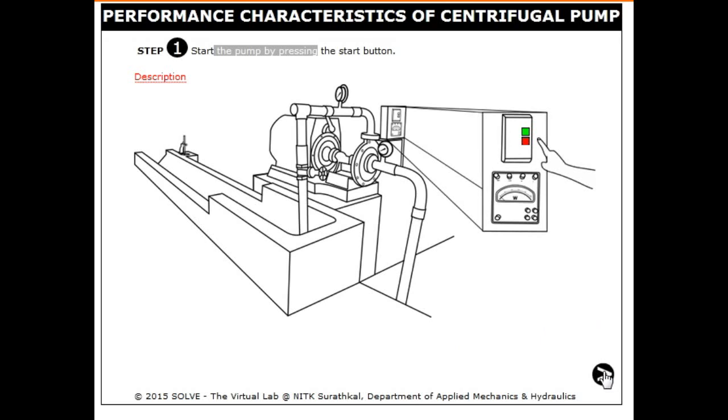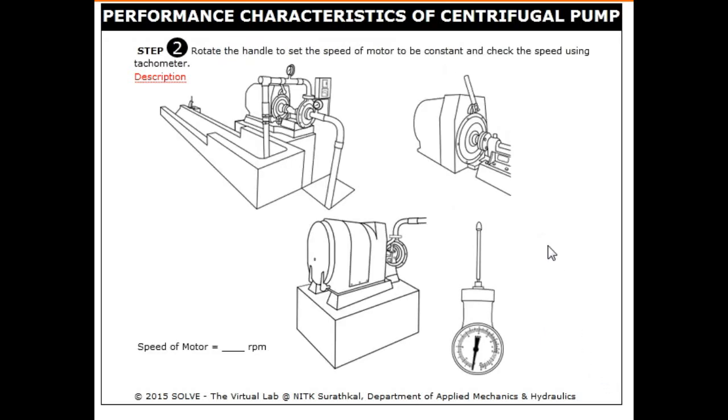We have to connect the motor gear with the pump. There is a shaft and there is a handle also. If we connect this, we will set the speed of the motor. We can set the speed of the motor, and it also connects the motor to the shaft. After some time we can see the RPM of the rotor.